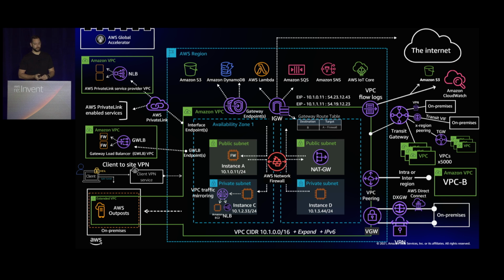Now, Network Firewall is not in the right place here. It's in the middle, but it actually runs inside a subnet. But last year, we announced AWS Network Firewall, which is similar to Gateway Load Balancer, but allows you to have a network firewall in line for your traffic inside the VPC. And so as of December last year, and there's our camera build out, as of December last year, this was how you would build your VPC architecture.